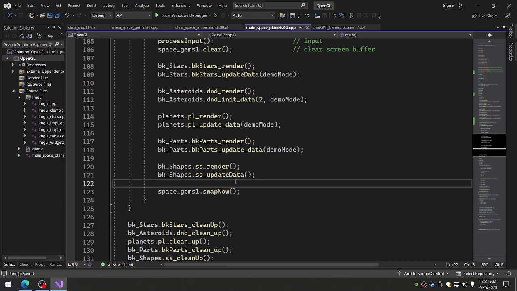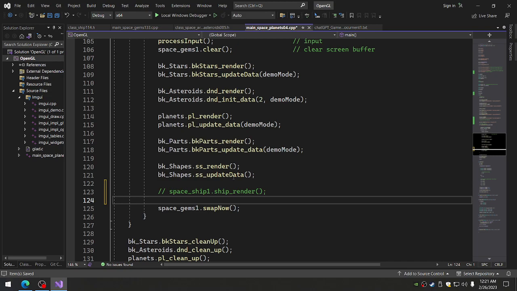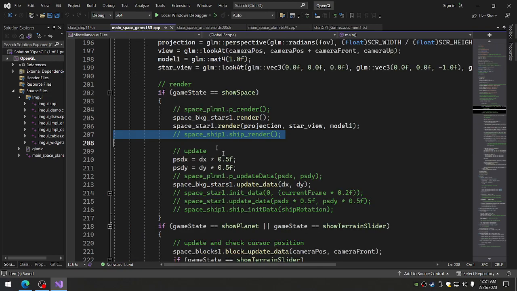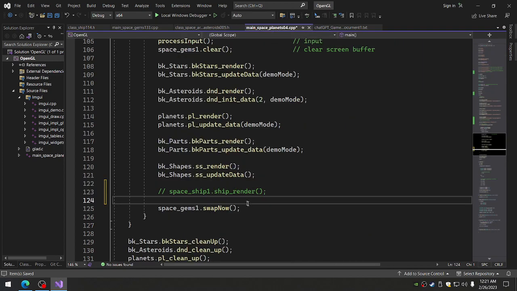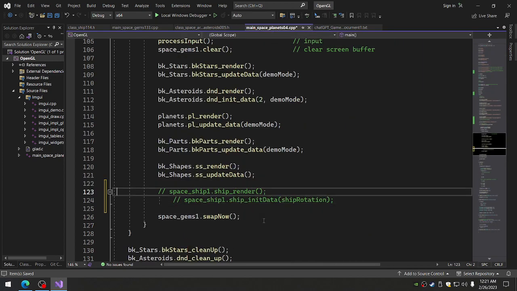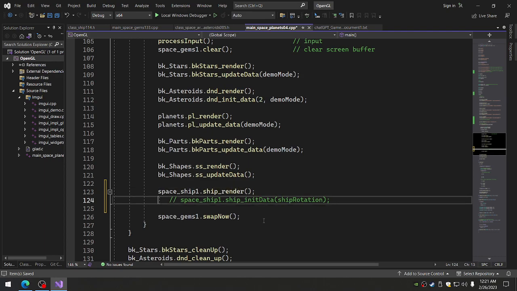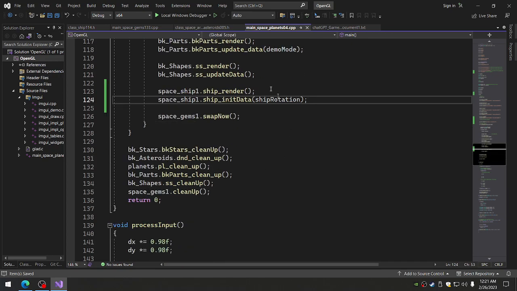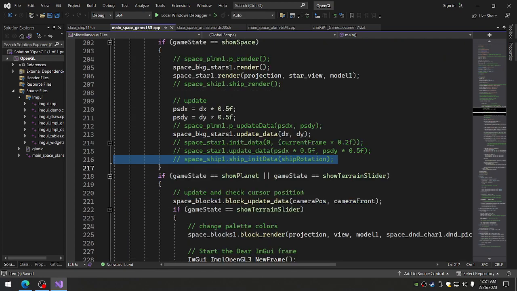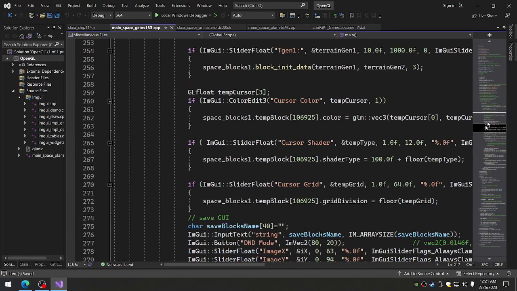So we'll display this last, so it'll be on top of everything, theoretically. Let's go spaceship init data, ship rotation. Okay, theoretically that should do it. I don't think there's anything else. This is all the stuff